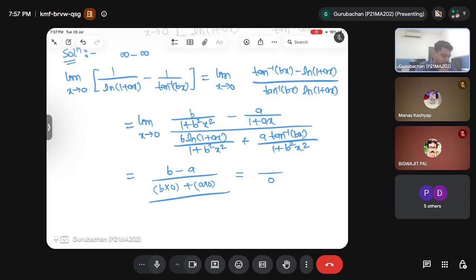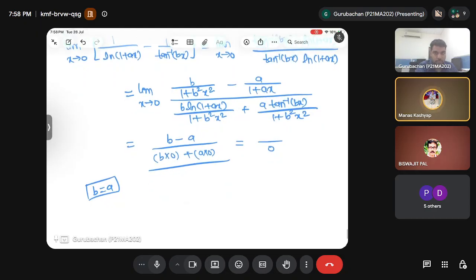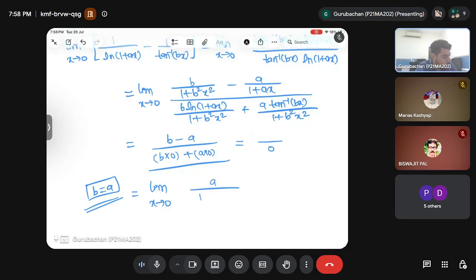So there should be a case: if b equal to a, then what will happen? 0 by 0 form comes out again. Then you can differentiate. If b is equal to 0, the numerator is exactly 0, not tending to 0. So I am saying b equal to a. Yes, sir, b equal to a. If I am assuming b equal to a, in that scenario our above equation will reduce to